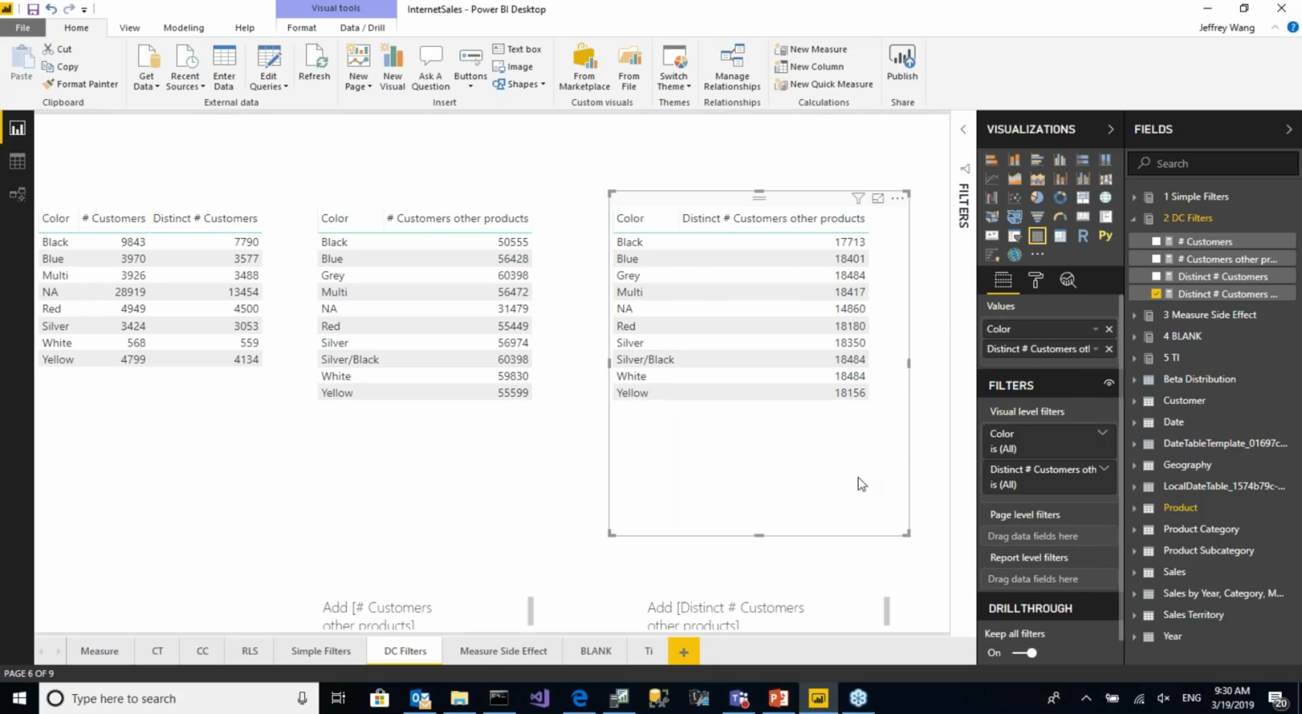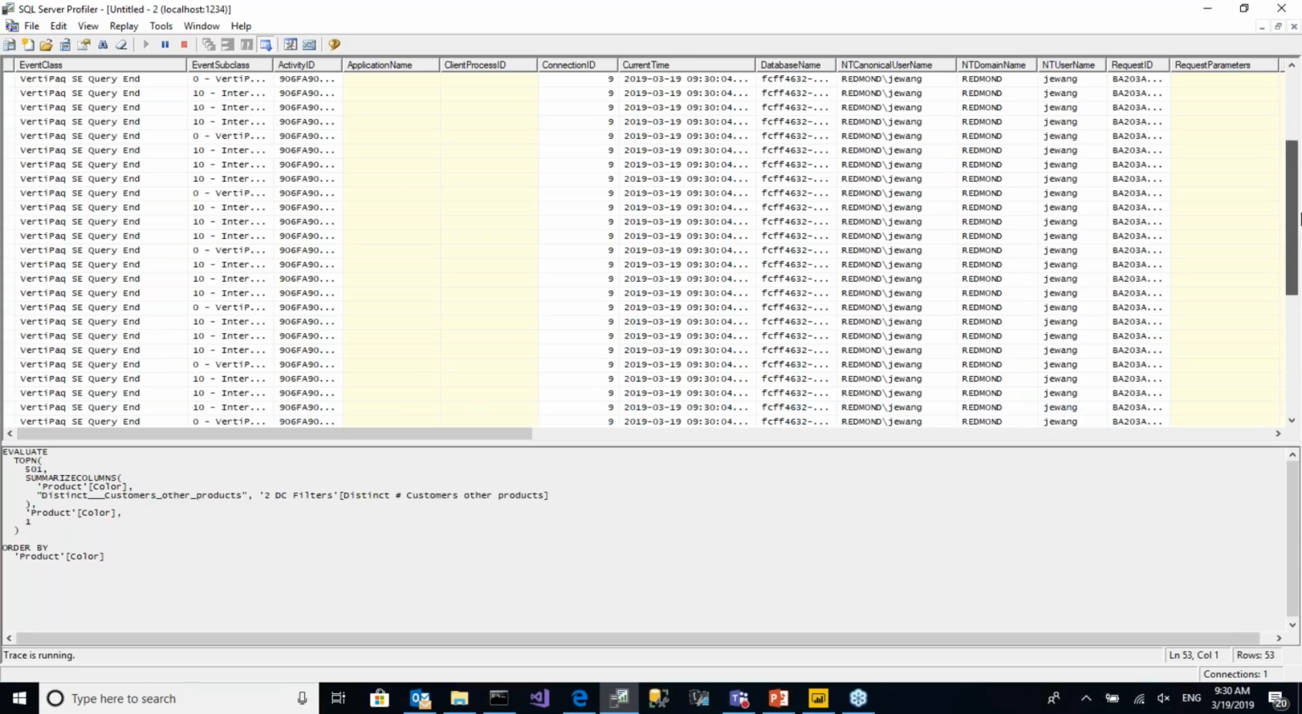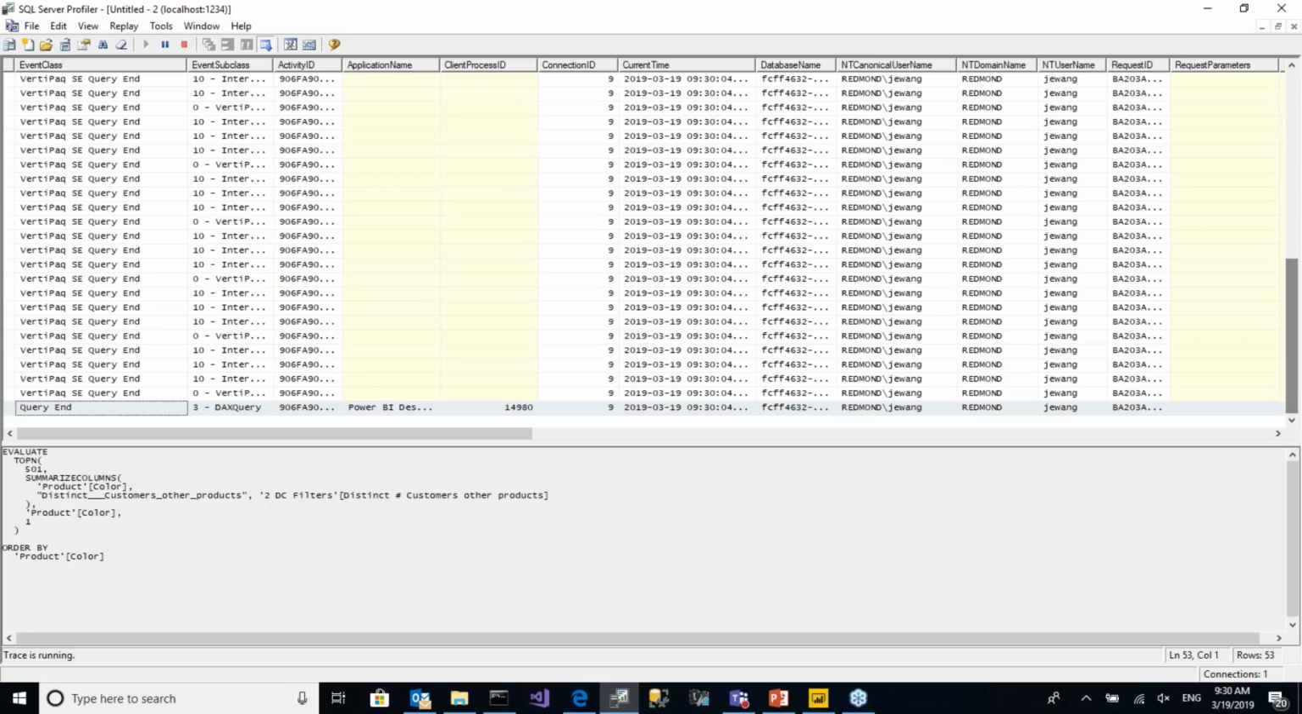It's still pretty fast, and the numbers are slightly smaller, which makes sense. As always, distinct customers should remove duplicates of the customers. But if you actually look under the hood, you can say, wow, we see a lot more VertiPaq engine events. A lot more. All right? And the query itself, if you look at the DAX query,